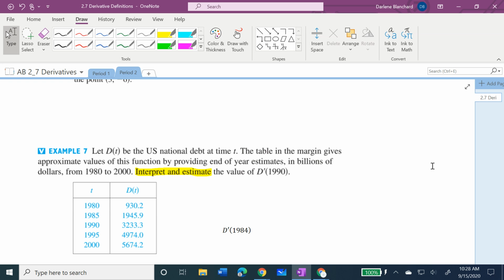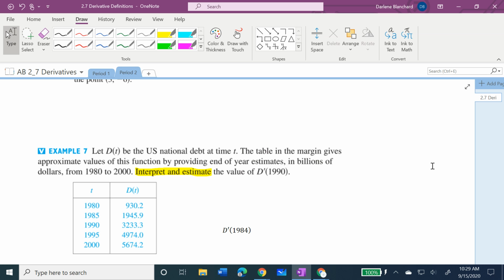So you can see this is a bit of an old problem since none of you were born during this time frame. It wants you to interpret and estimate the value of D prime of 1990. Woo, mighty class of '90. Sorry. I graduated high school in that year, and I just dated myself. So anyway,